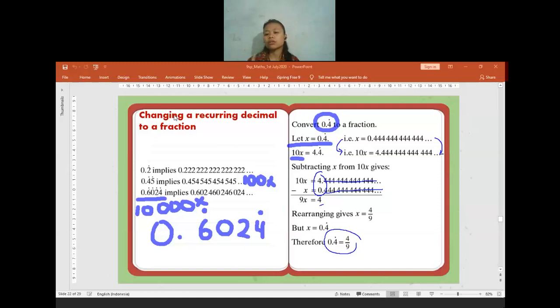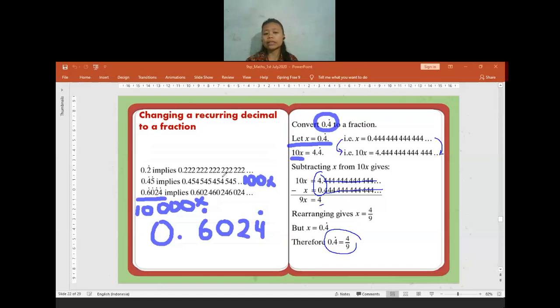If the repeating digit is 9, teacher? So it will be 1 million x. Sorry, 9 is not 1 million. 9 is 1 billion, yeah, 1 billion x, something like that. What do we call it if it is 9 zeros? 1 billion, right? If only 6 zeros, it's 1 million, right?